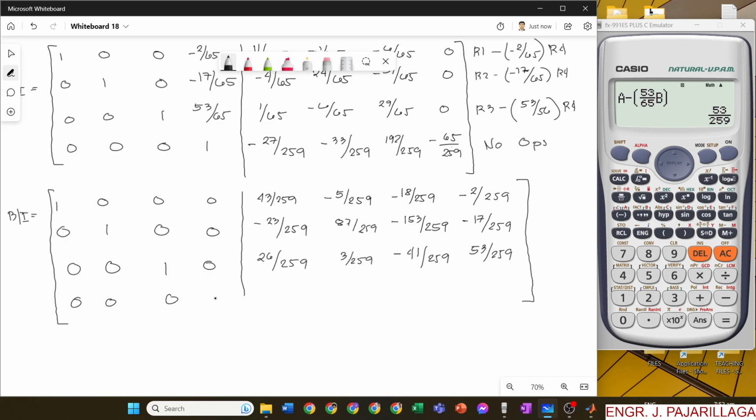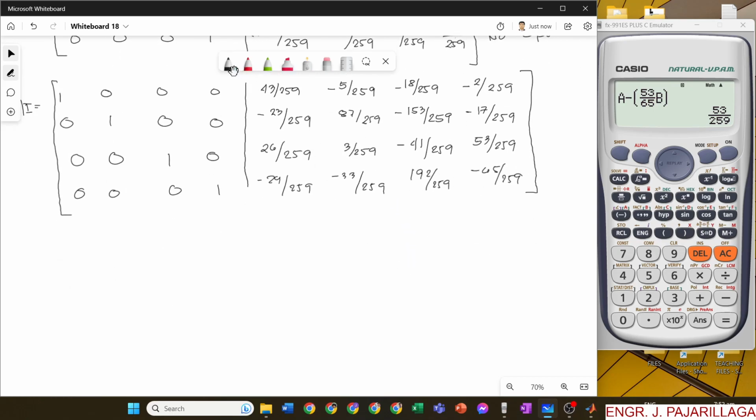Okay, so 0, 0, 1, negative 29 over 259. And then we have negative 33 over 259. And then we have 192 over 259. And lastly, we have negative 65 over 259. Okay? So we are done transforming our matrix into the form of I augmented with B raised to negative 1, or the inverse of B. Therefore, we can say that the inverse of matrix B is